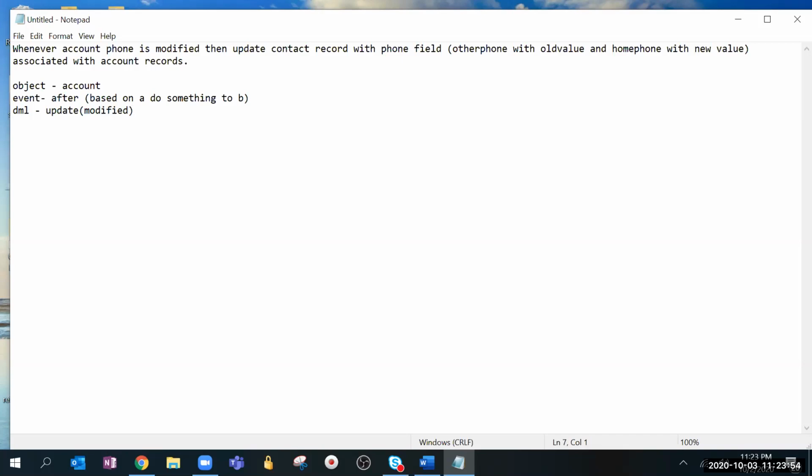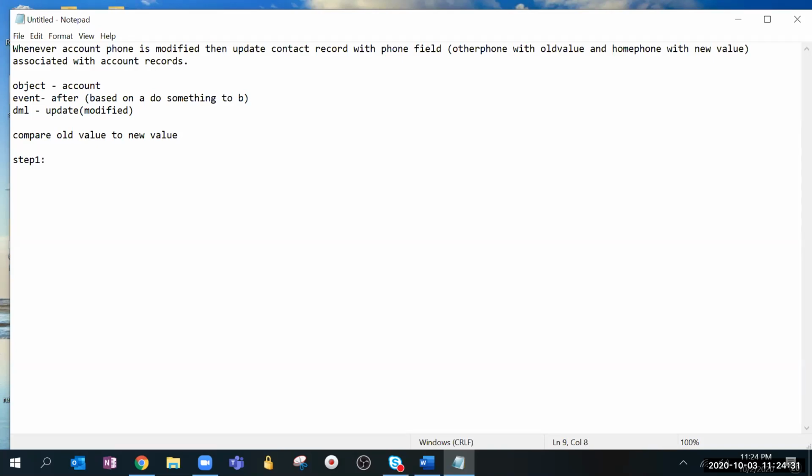Okay. So the first question is what all you need to pull in, how will you proceed with the logic? It is basically comparing the old value with the new value, so you should be using a map. Okay. So can we say that first thing is to get the set of account IDs?